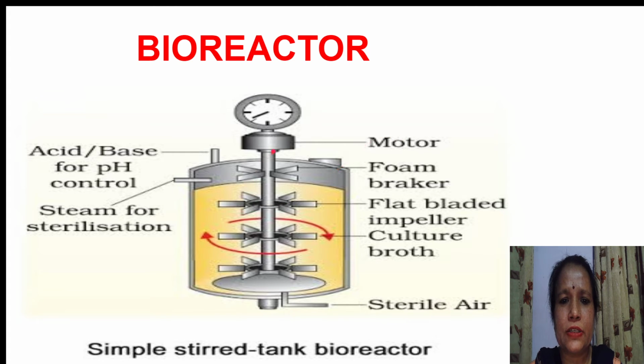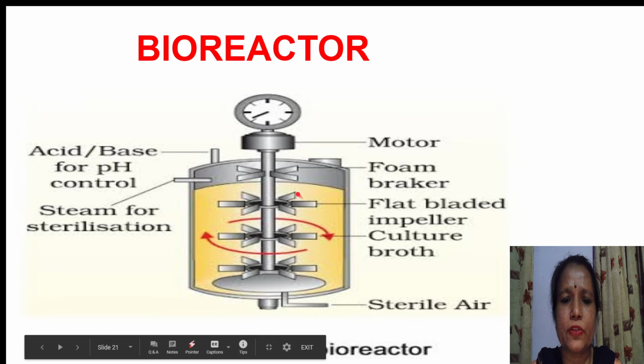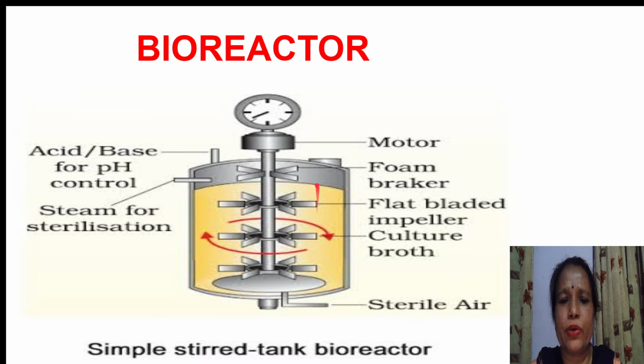There is an agitator. This is an agitator inside the bioreactor. It is fitted with the motor and it has blades, and these lower blades help in even mixing of the contents and the oxygen, whereas the upper one is the foam breaker. As foam will be formed due to the reactions inside these microorganisms, and this foam has to be broken down continuously, otherwise it will accumulate here. As a result, oxygen will not be supplied to all the microorganisms, so it breaks the foam.